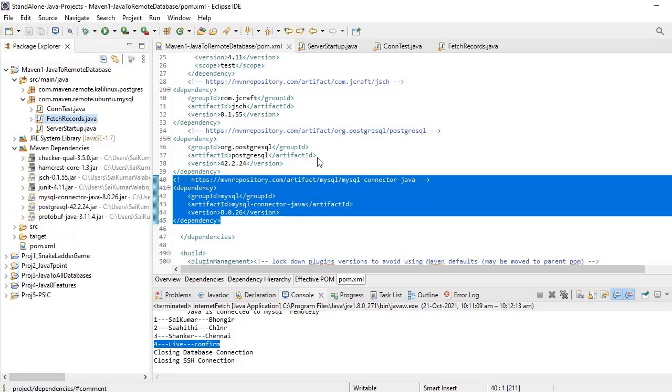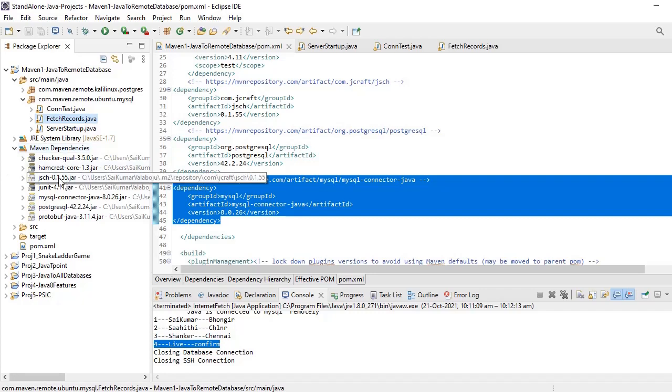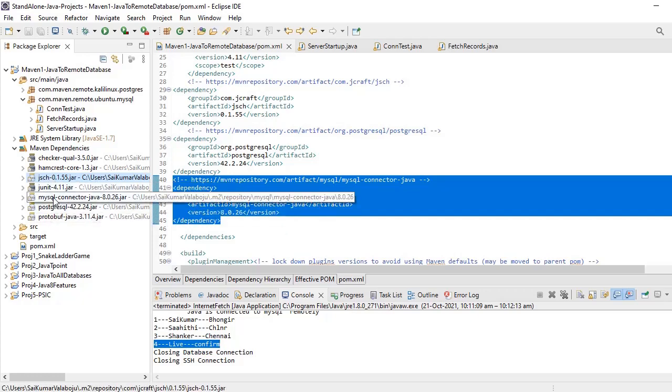If you want clarity, go to Maven Dependencies and you will see JSch there. If the jar file is downloaded, it will show here. I have also taken the MySQL connector, so I am using those two jars, which is why I put them in the pom.xml file.